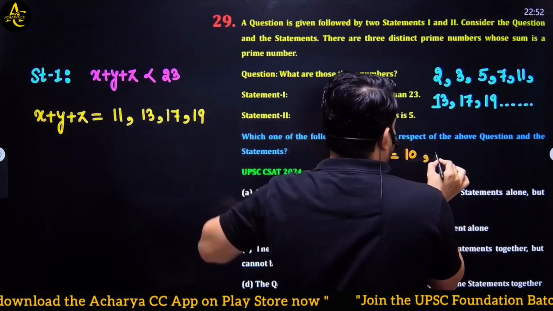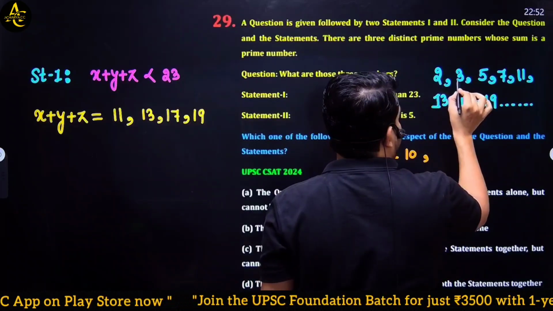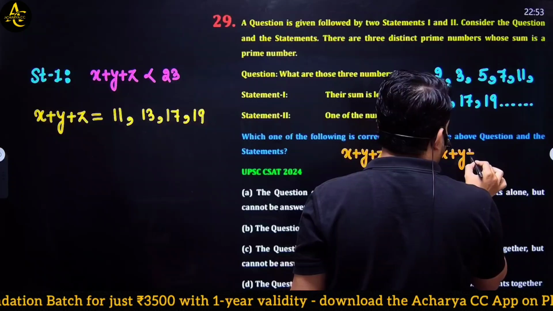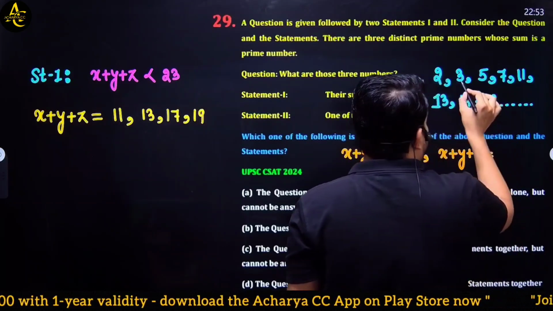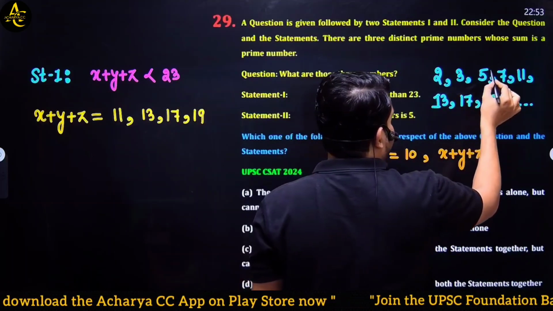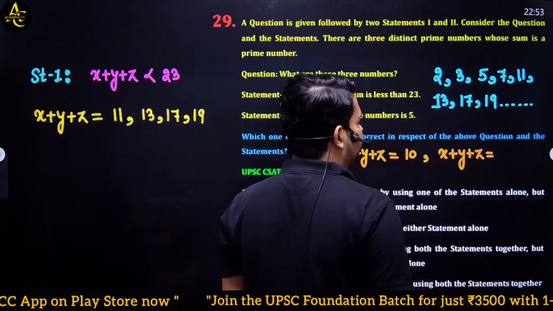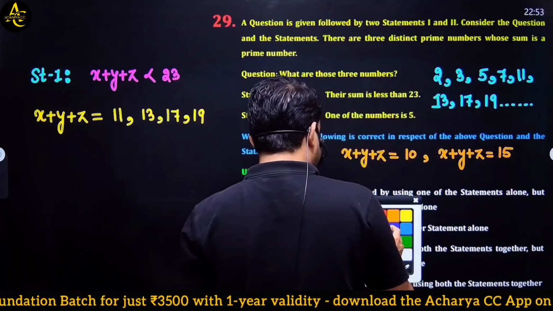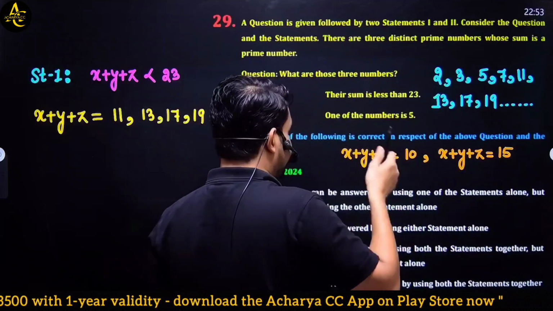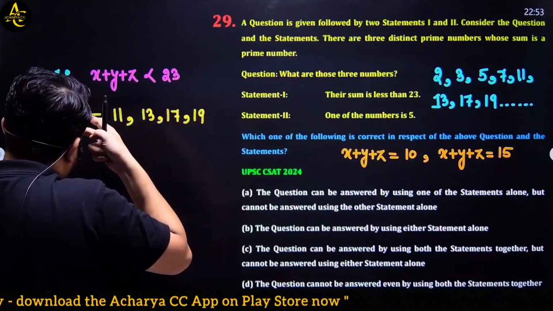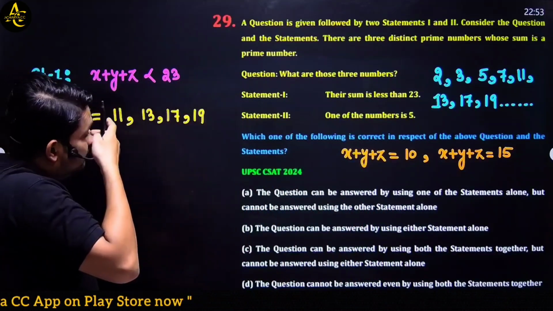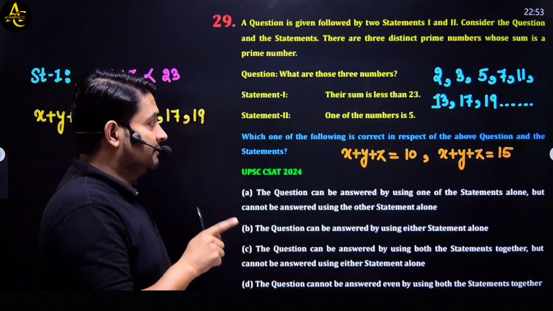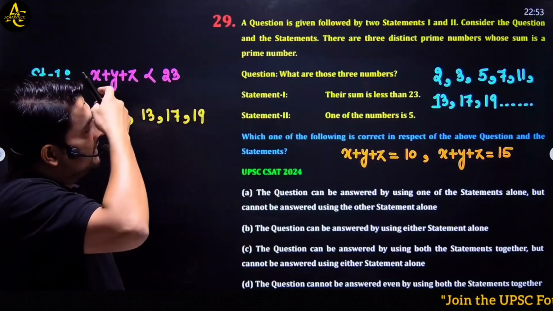Next, I can write 2 plus 3 plus 5, or I can write x plus y plus z. If I add another 3 numbers, that is 3 plus 5 plus 7, 7 plus 5 is 12, plus 3 is 15, which means the number should be greater than 15. The number should be greater than 15, because the second smallest sum, listen carefully, the second